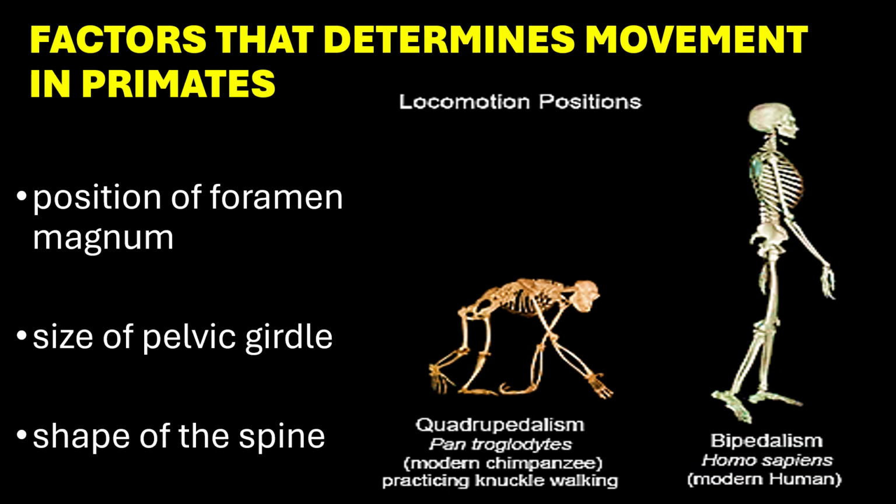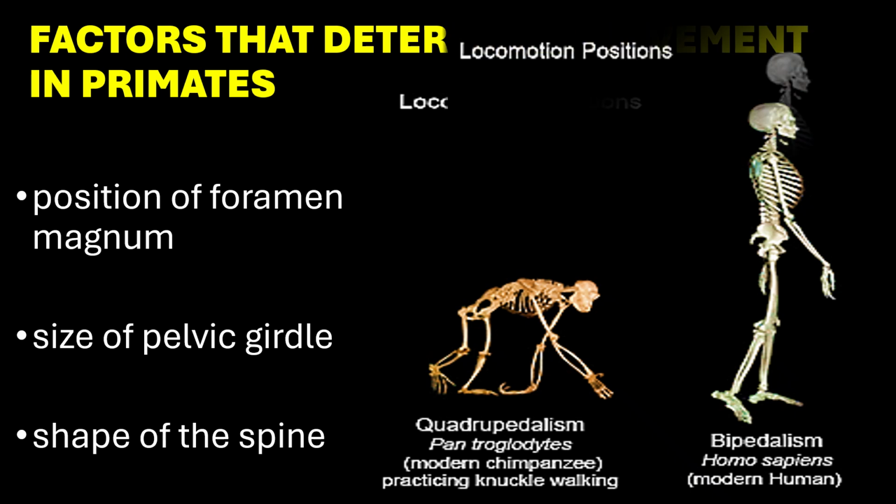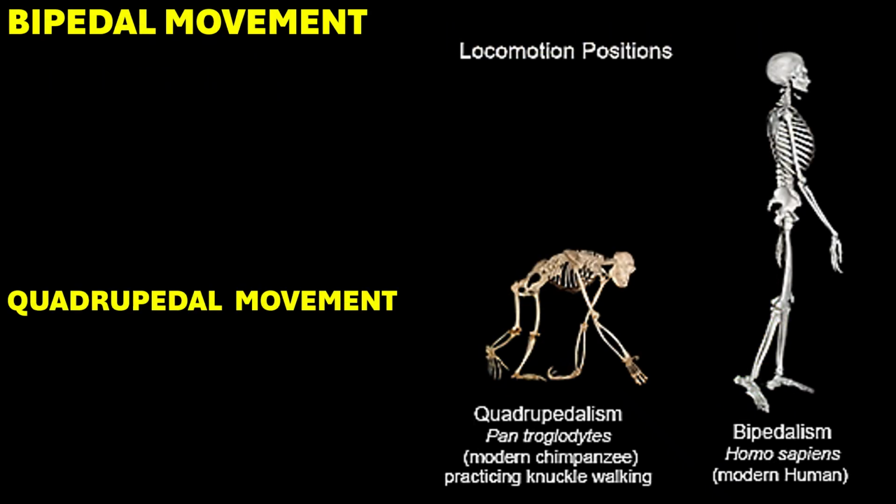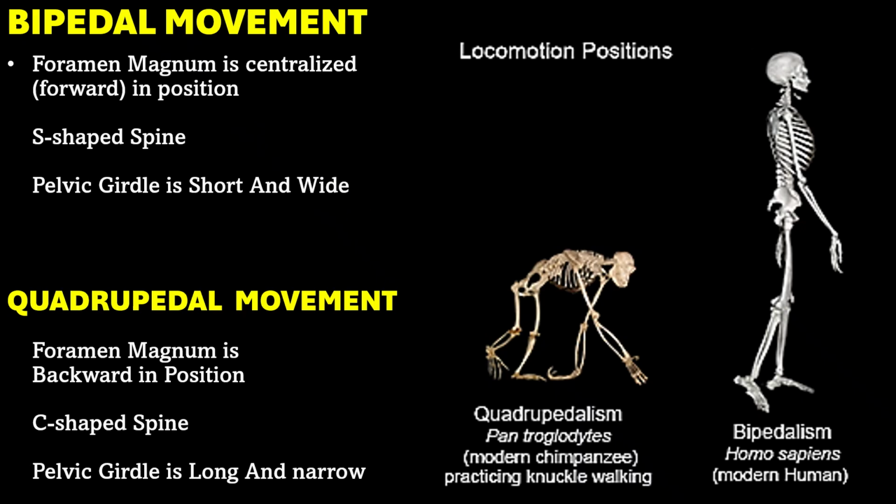So we have the position of the foramen magnum, the size of the pelvic girdle, and the shape of the spine. The position of the foramen magnum, the size of the pelvic girdle, and the shape of the spine will determine whether you're going to walk on four legs or two legs. So let's see how they play out. For you to walk on two legs, you have to have the following structures